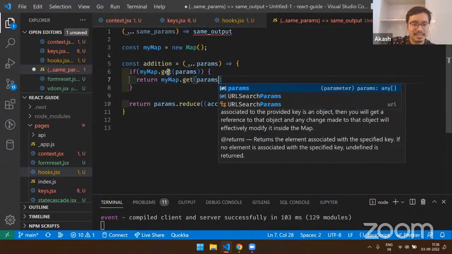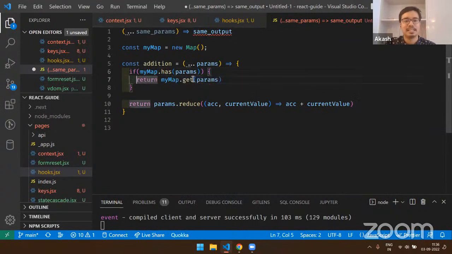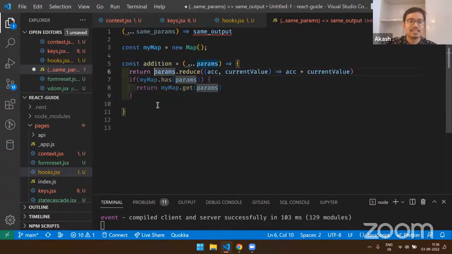Yeah, I guess this can be has, and then this can be get. So it just returns the value for that directly. And if it doesn't exist, then compute it and store it. Okay. So this can be something like